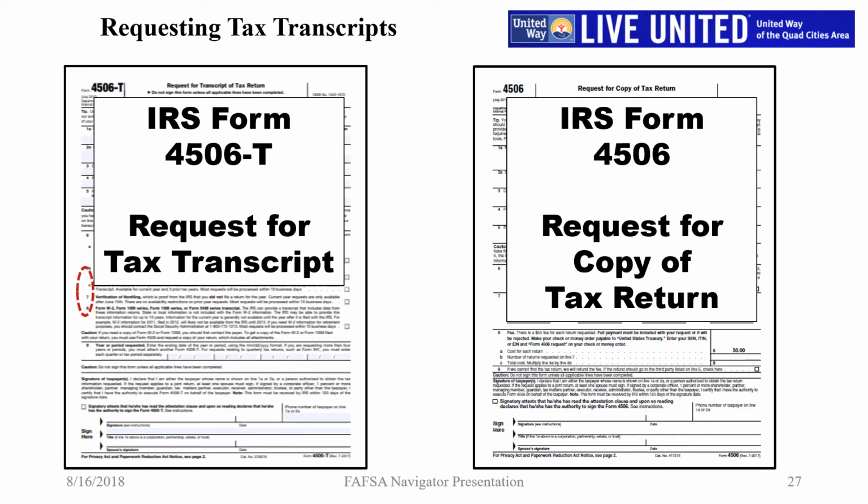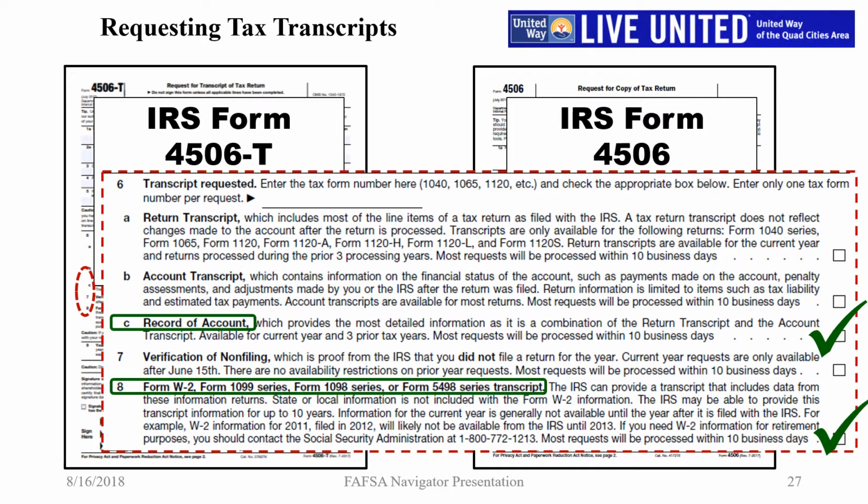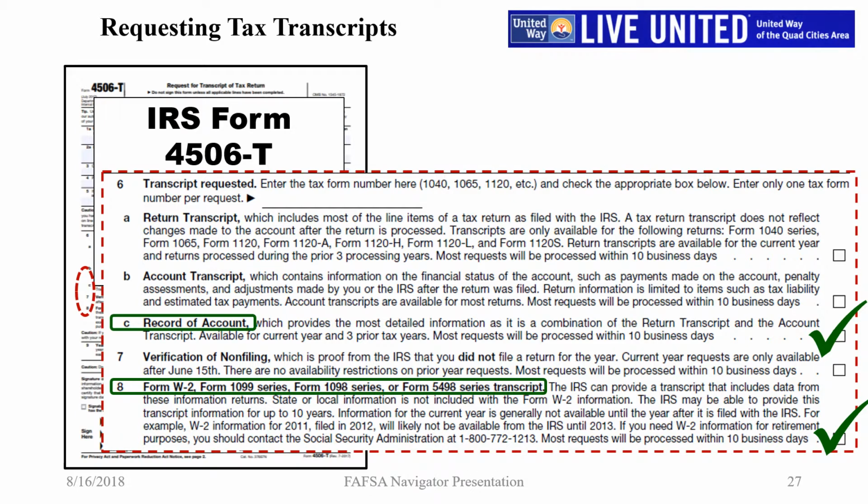In the lower portion of the form, where the applicant is asked what type of transcripts are being requested, you may request both the record of account transcript and the wage and income transcript on the -T form. The request for copy of the tax form on the Form 4506 won't get you both sets of the needed information.